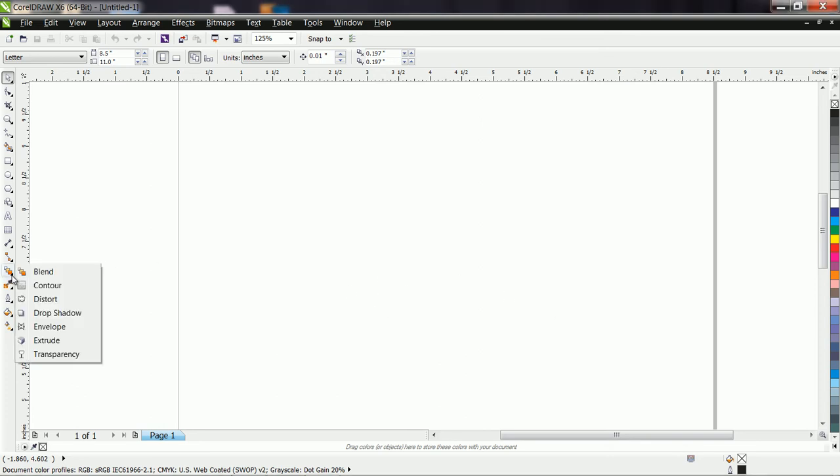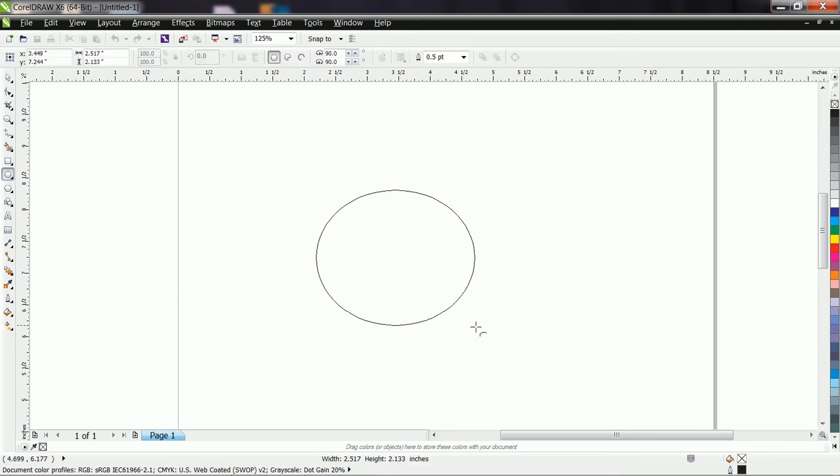Today we are going to learn the contour effect. Okay, it is a very interesting effect. Suppose here we draw something. Here is the circle,